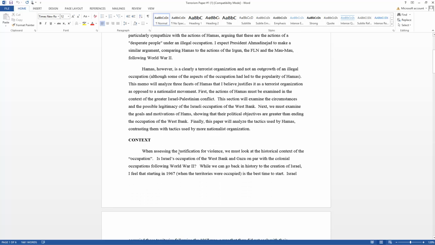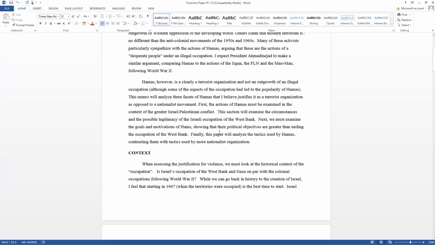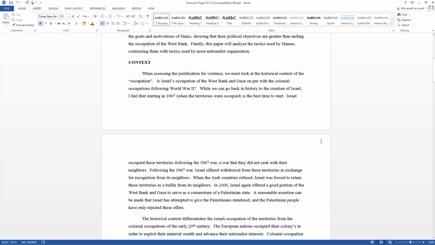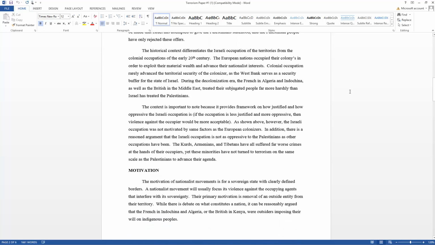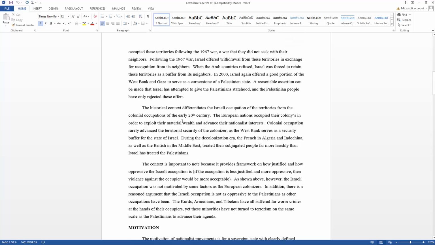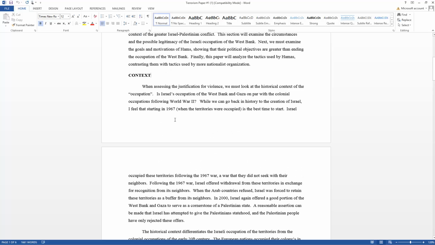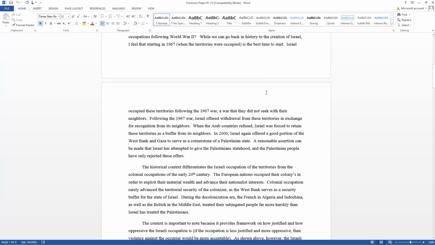In this case, they pinned their argument on three cases, and they use a nice compare and contrast argument to explain their purpose. First is the context. They go into the context of what Hamas is facing versus what you might see with the Irgun or the FLN. They compare and contrast the difference between the two, their historical and overall context in the world. So that's the first point that emphasizes that Hamas is a terrorist organization versus Irgun and FLN.